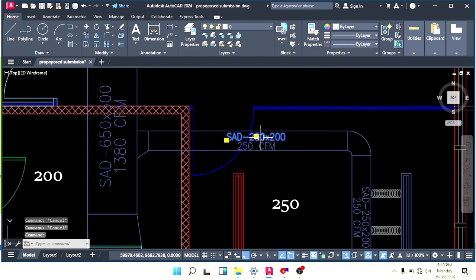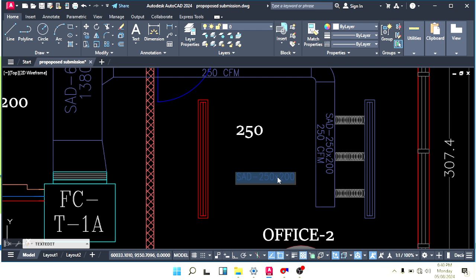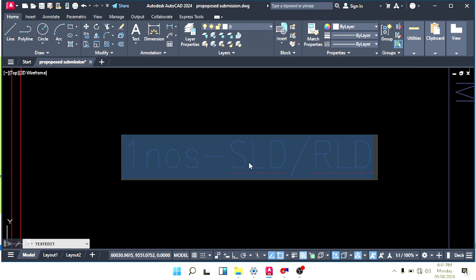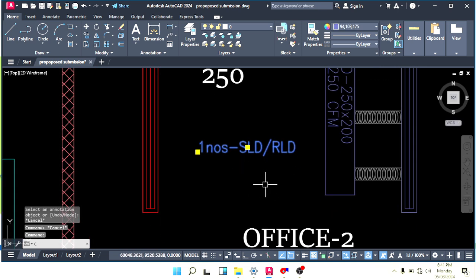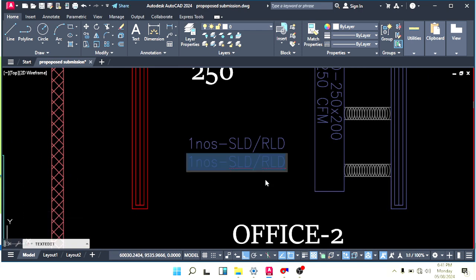Okay, this is done. Let me write down for you the size also, the description for the grills. One number, SLD slash RLD. SLD means supply slot diffuser. Or supply linear diffuser, or use SLD only. RLD is return linear diffuser. Okay, and then how many CFM we have here? 250 CFM,